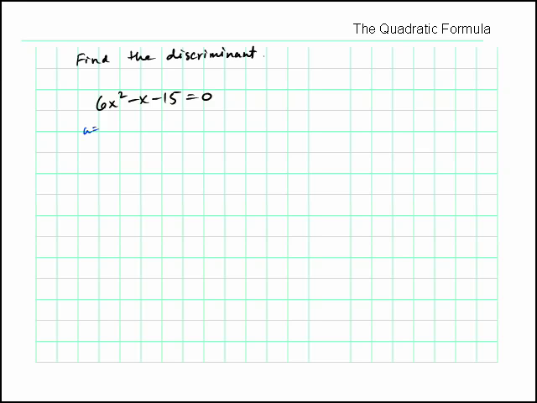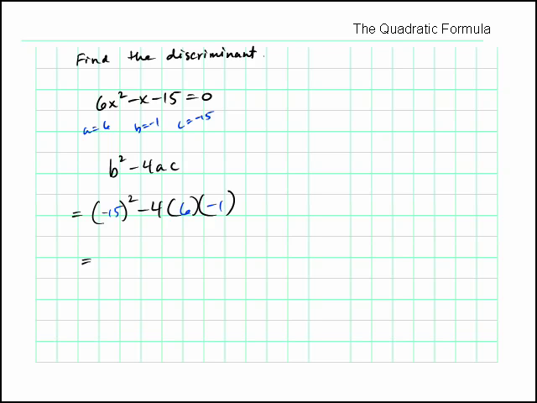So a is 6, b is negative 1, and c is negative 15. The discriminant is b squared minus 4ac. So I'm just going to plug those numbers in. And if I do that, I end up with negative 15 squared minus 4 times 6 times negative 1. And that turns out to be,